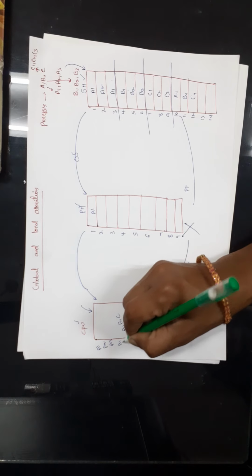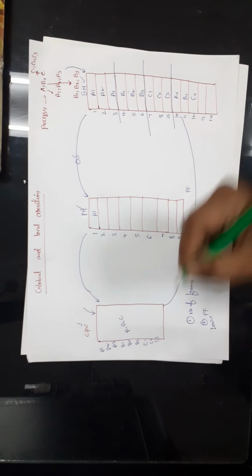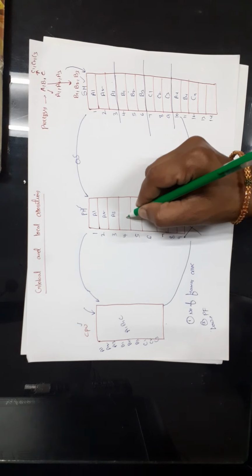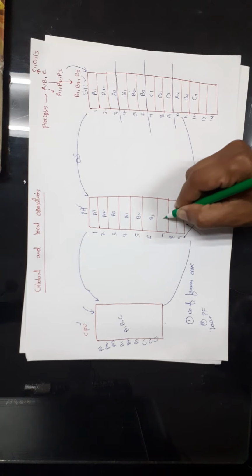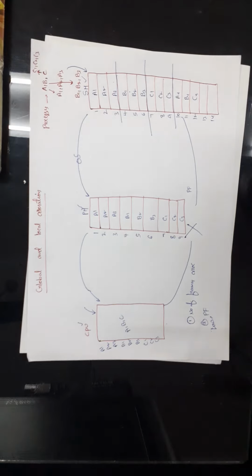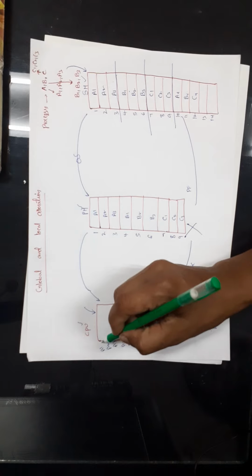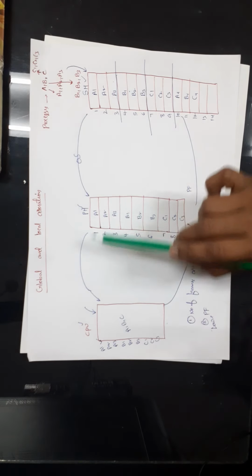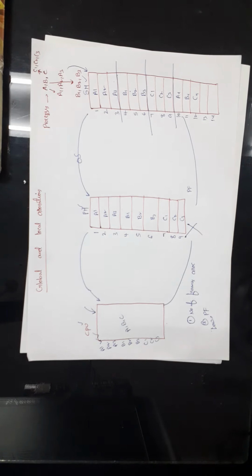Then it requests, let us assume, B1, B2, B3. Then it requests C1, C2, C3. Then A2, A3, these pages are brought to the primary memory. Then B1, B2, B3, then C1, C2 and C3. So these parts are brought to the primary memory. Now the CPU can access the data directly from the primary memory, and it can execute the data.